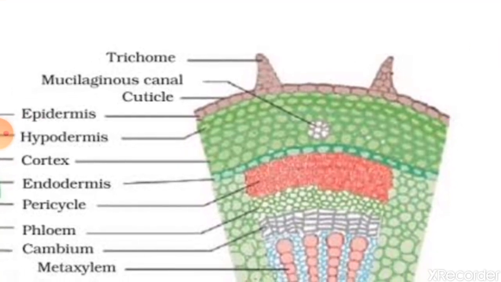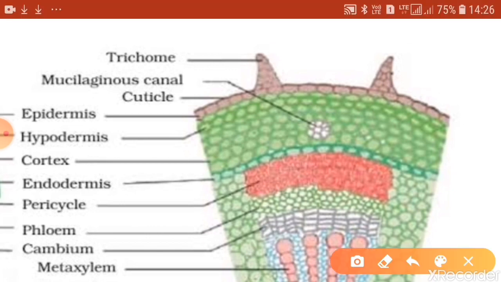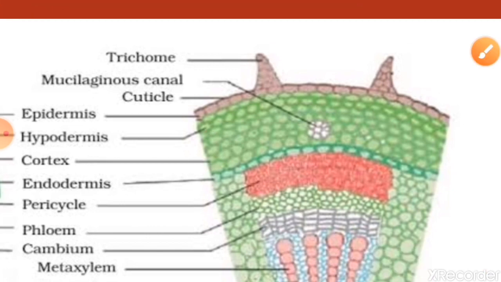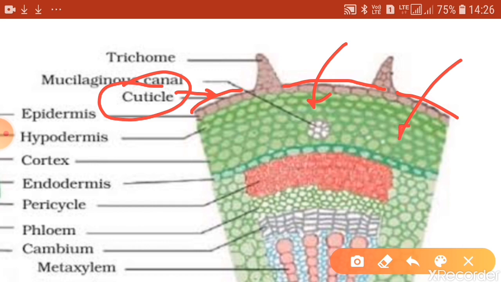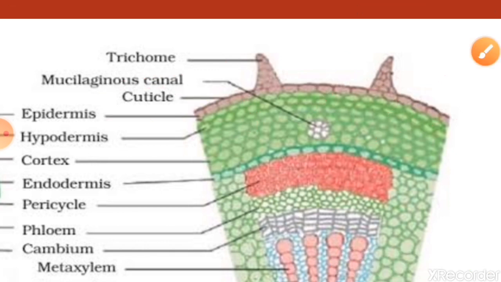And also you find that the outer surface of the epidermis, see here in the diagram, the surface which is exposed to air, may have a waxy coating which is called cuticle. This cuticle is a waxy coating present on the outer surface which prevents the loss of water and also protects the inner tissues from invasion of pests. So from mechanical injuries, from loss of water, and also from pests and pathogens that may enter, for that there is a cuticle present.